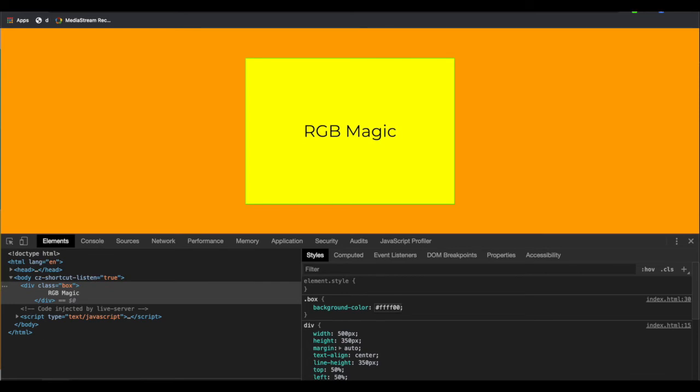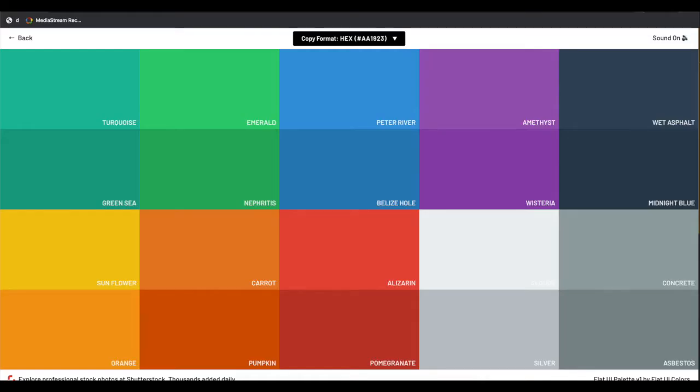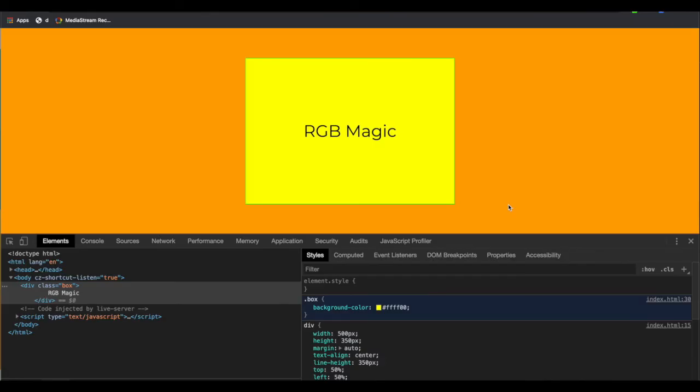For choosing which color to use, I'm suggesting a website which provides flat UI colors. Nowadays we use flat UI, and I'll tell you more about flat UIs in the upcoming videos. But for now, if you want some very cool colors, you can go to the website flatuicolors.com, and you can have great color palettes, tap on any one of these colors and copy the hex code. And I'll share the URL of this website in the description of this video.